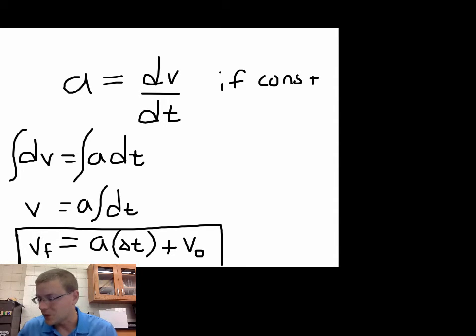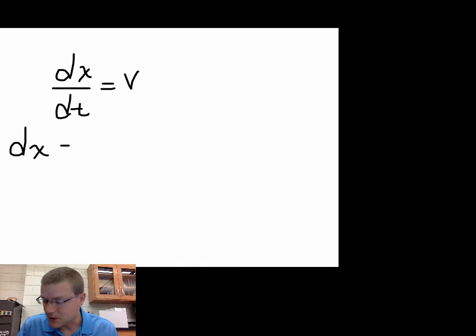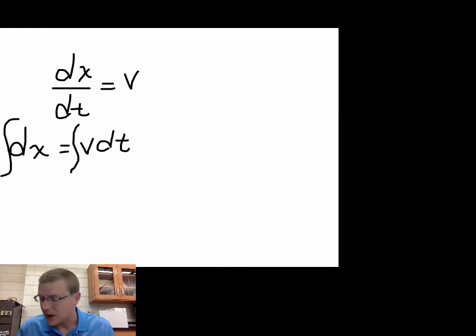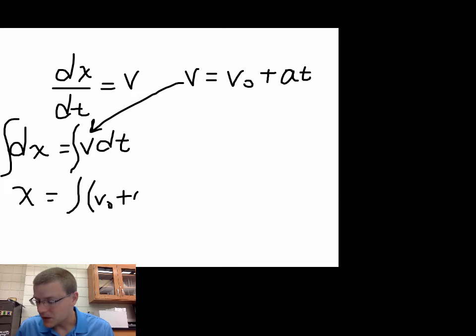We can also take the integral of our velocity function, because we know that dx over dt gives us our velocity. If I want to solve for position now, dx would be my velocity times my change in time. I'd have to integrate both sides again, and we now know the velocity from last. Putting this in for velocity, I know the dx is just going to give me x, and over here my integration is going to be v0 plus at